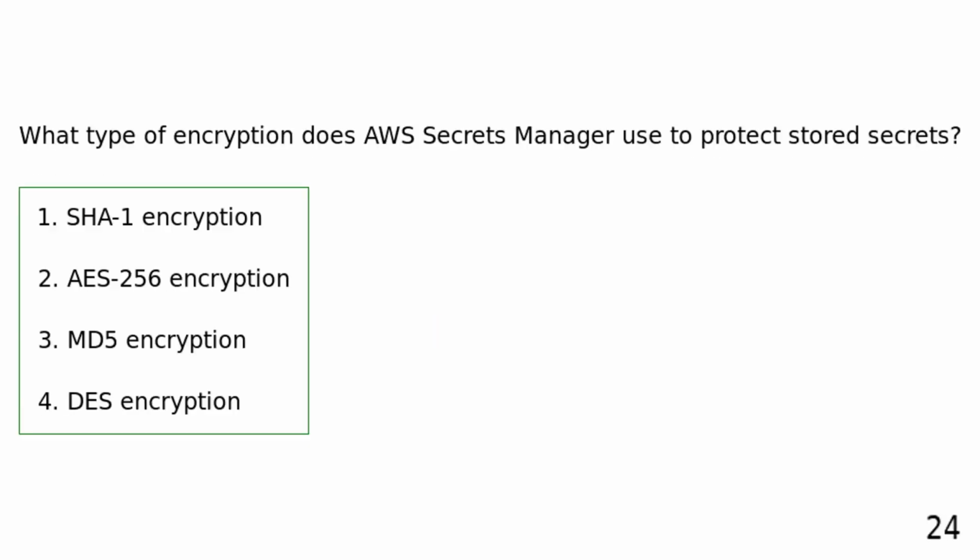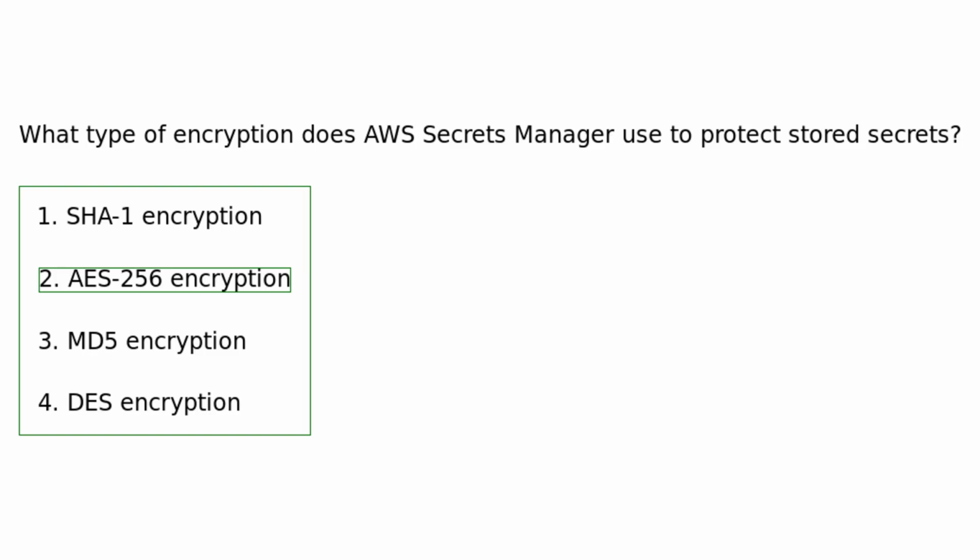What type of encryption does AWS Secrets Manager use to protect stored secrets? SHA-1 encryption. AES 256 encryption. MD5 encryption. DES encryption. AWS Secrets Manager uses AES 256 encryption to protect stored secrets, ensuring that sensitive information is securely encrypted both at